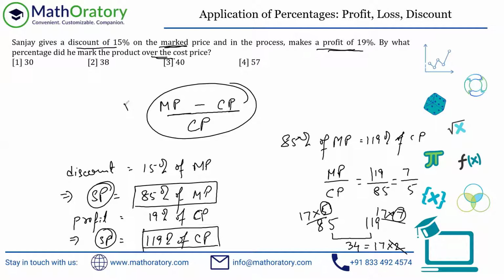And if you remember, this was the objective. This is what we are looking for. So if I assume MP to be 7, this is a ratio trick. So I'm just assuming the MP to be 7 and CP to be 5. So I'll just place 5 here because that is corresponding to the CP in the denominator. But the numerator is corresponding to the difference of MP and CP. So that is 7 minus 5, which is 2, right? So 2 by 5 is what we are looking for, and which is 40%. So that should be our answer for this question.